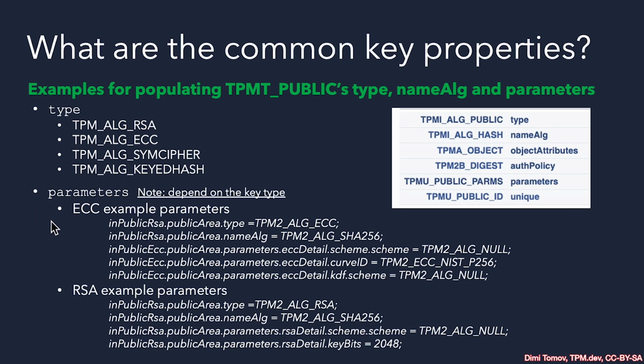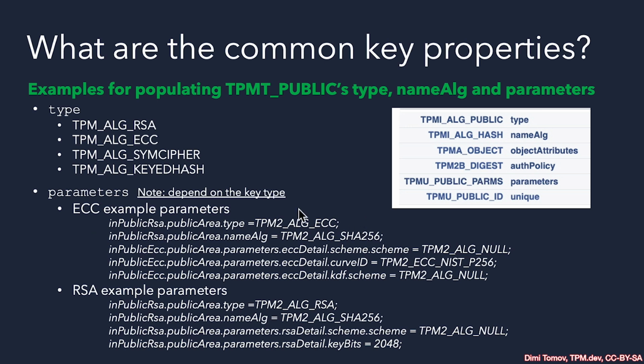And here are the 2 examples. First, ECC. When we have an ECC key, naturally we need to define the curve ID. And on the next slide, I've shown different IDs for the different ECC curve types. And this information is available in the TPM specification that is mentioned in the previous slide, and also we'll mention a few more times here.